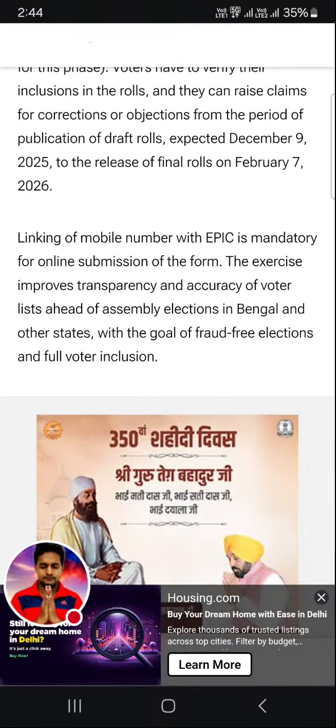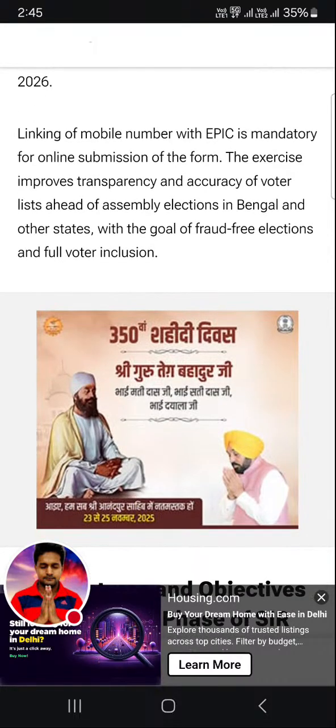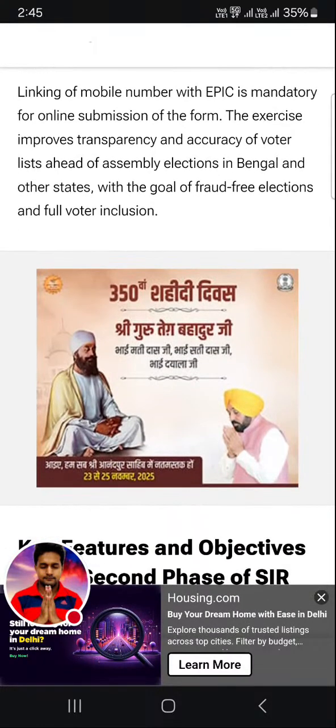Linking of mobile number with EPIC is mandatory for online submission of the form. The exercise improves transparency and accuracy of voter lists ahead of assembly elections in Bengal and other states with the goal of fraud-free elections and full voter inclusion.